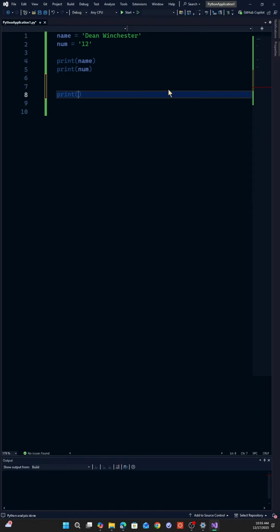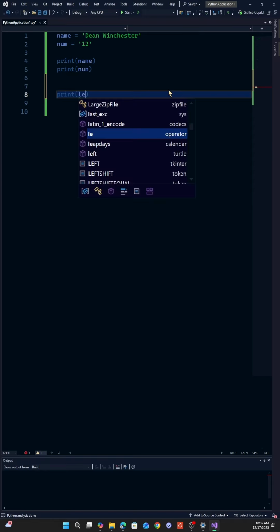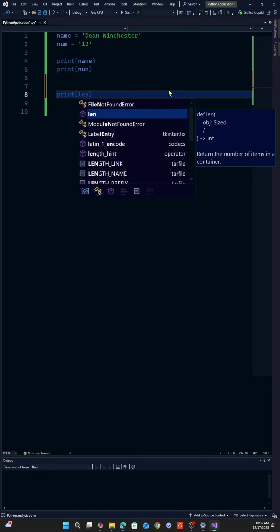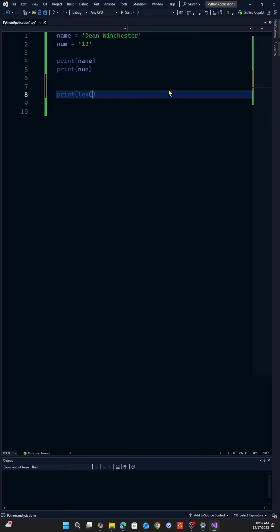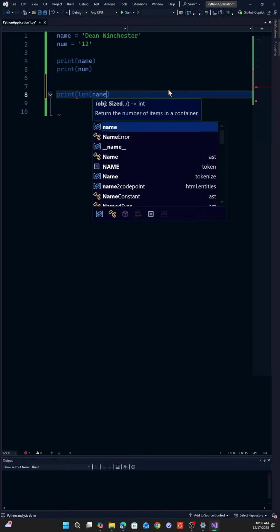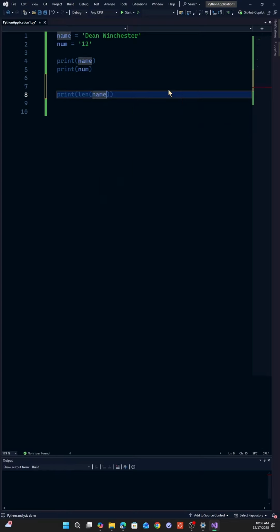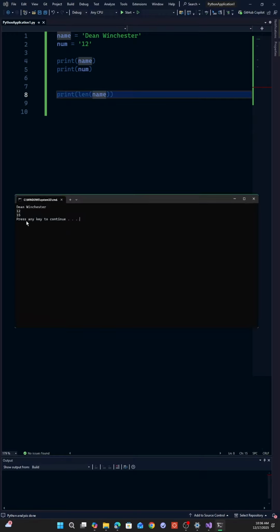Let's say we want to find out the length, so we're going to use the len function, which is built in to Python, and we're going to open a parenthesis, and we're going to put name. So we have len name. We're going to go ahead and run that, and we're going to see that 15 is how many characters